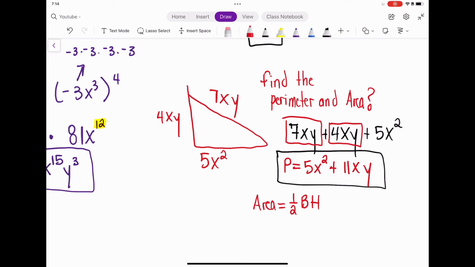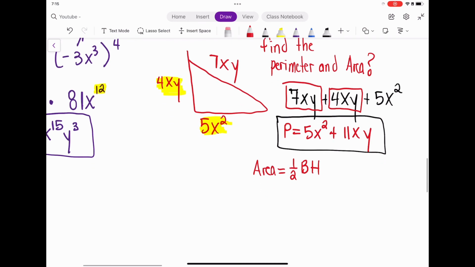So we're going to find out what our base and height are. Our base is 5x squared. That's our base. And our height is 4xy. So let's just plug these into the area equation. So area is equal to 1/2